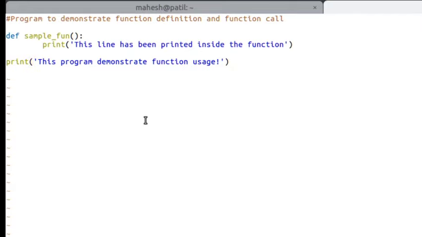See, this particular statement is not part of a function, and say here I am going to call the function, the name of the function is sample underscore fun. Okay, and so later I'll write one more statement, print end of the program,